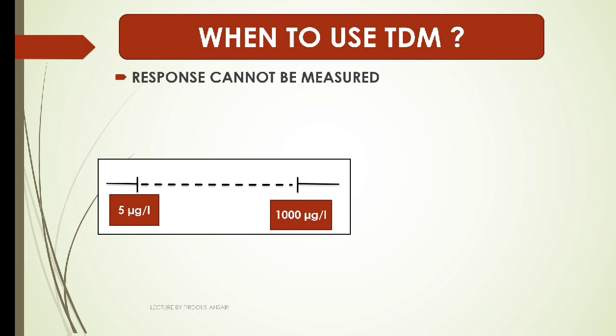Now suppose you are giving a drug of around 100 mg. Obviously it will produce a plasma concentration of around 6 microgram or 8 microgram, or anyway more than 5 microgram. If you think that it may not produce a plasma concentration of more than 5 microgram, then increase the dose by 100. So now if we give 200, at least you can expect that the plasma concentration may be 10 microgram, or at least more than 5 microgram.